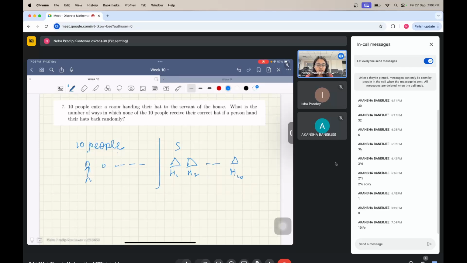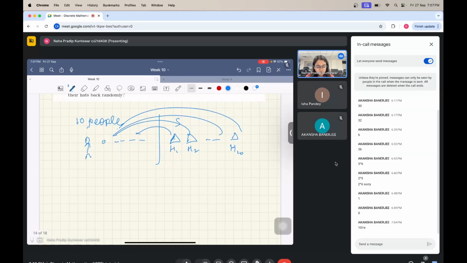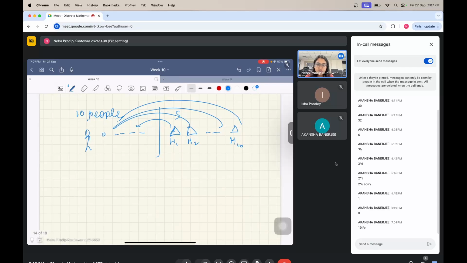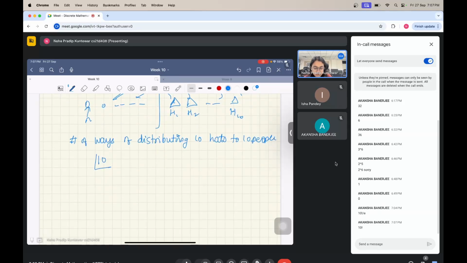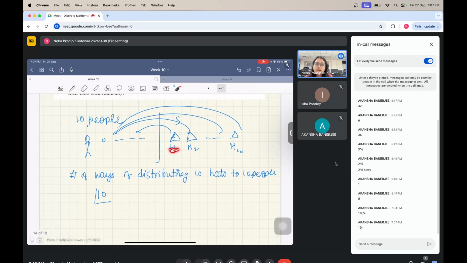And what they are just doing is distributing these hats to the 10 people in any way that is possible. So in how many ways can this be done? Let's answer this first. In how many ways can you distribute 10 hats to 10 people? Right, Akansha says this is 10 factorial, which is correct because the first hat can be given to any